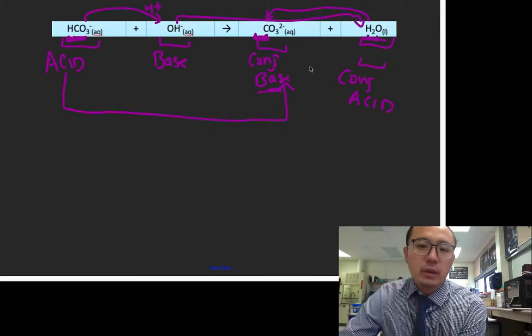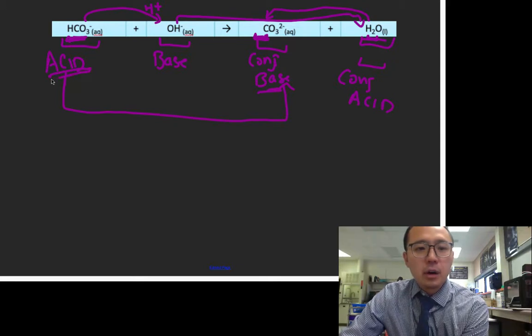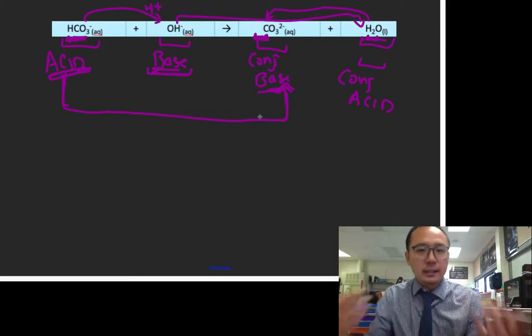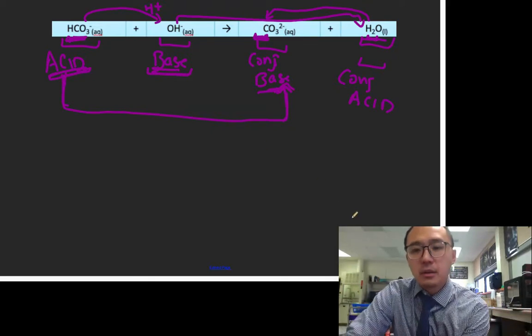So that's really what a conjugate acid base pair is: in an acid and base reaction, if you have an acid, there will always be a base. And once it reacts, then you can determine which one's your conjugate acid or base based on its proton accepting or donating behavior. So that's really